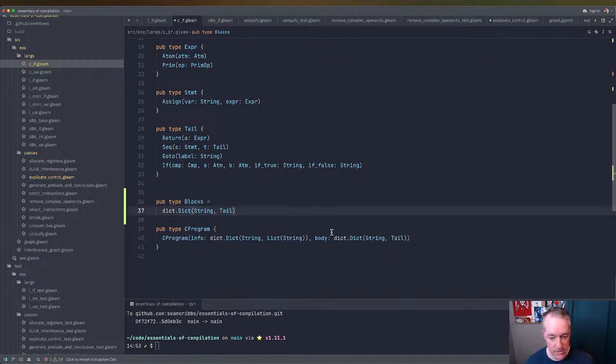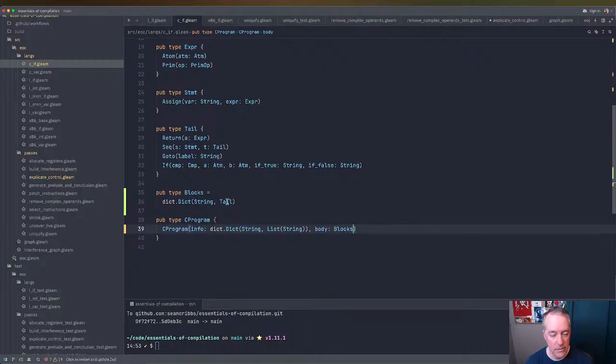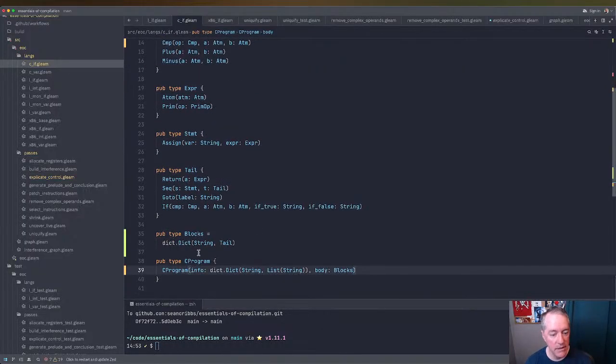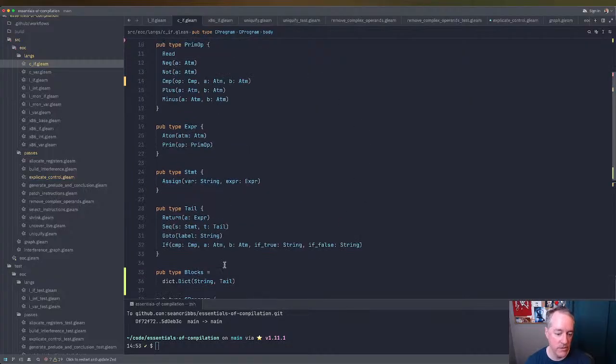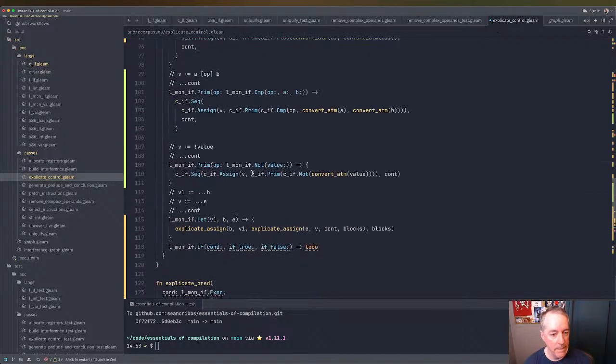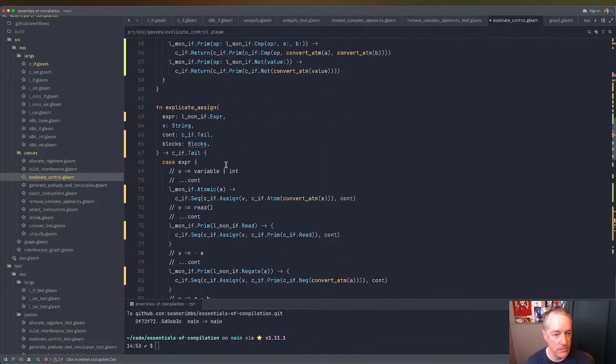And this is going to be just blocks. Now the Gleam compiler would probably be fine. It'd be like, yeah, those are actually the same type, even though you've named them different. But in this case, we need to